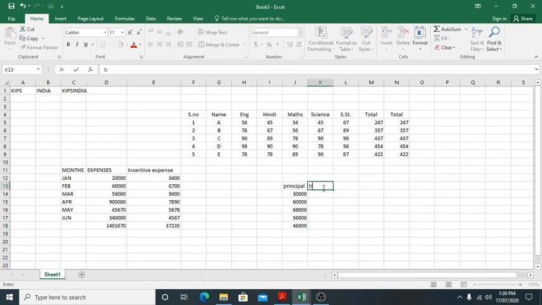Time is given for 2 years, 3 years, 4 years, 3 years, 2 years, then 5 years. Now suppose we have written here 10%. Here we want to find the SI.